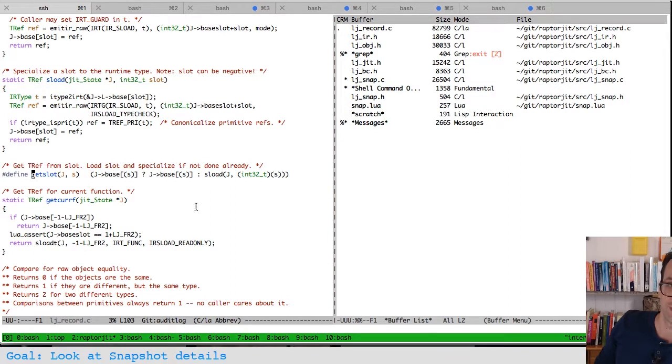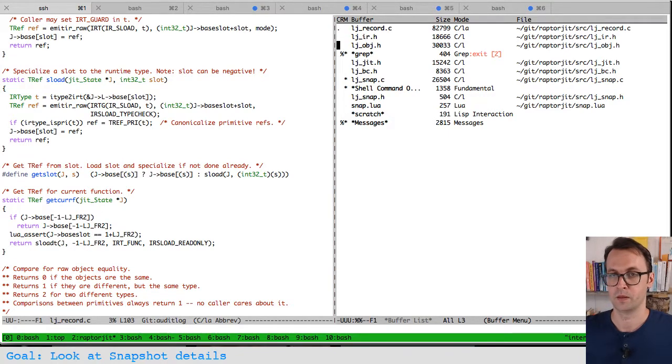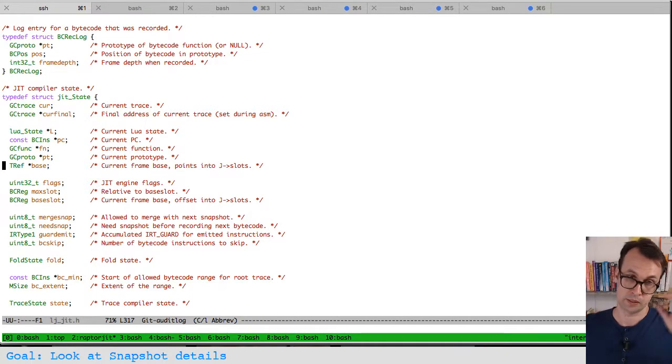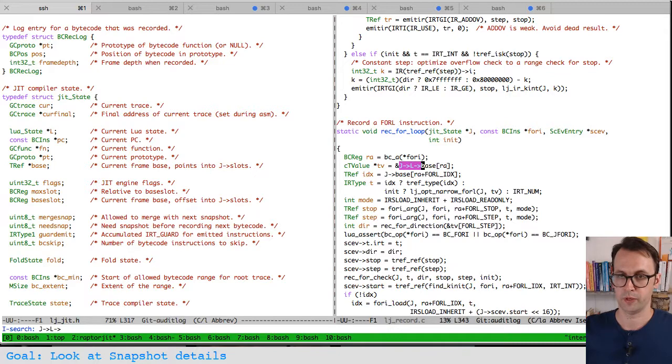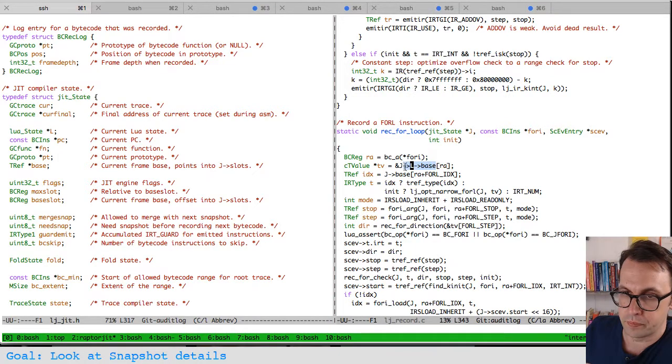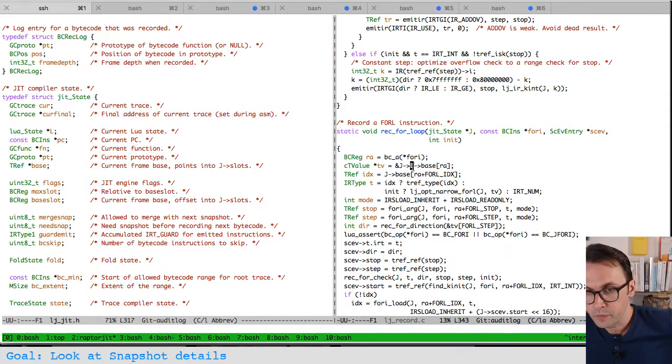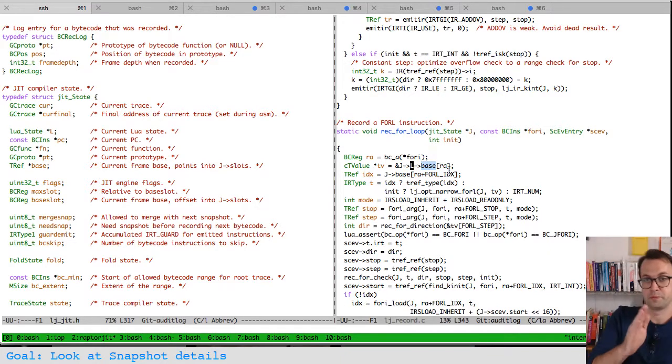And if I just repeat that very briefly, I'll summarize that. In the JIT, we have base. We have the actual runtime stack while we're recording. So when the JIT is recording some code, the JIT state points to the Lua state, which points to the beginning of the relevant bit of the stack, and that contains all of the runtime values. So while we're recording, we're both interpreting and generating code, and this here refers to the code from the interpreting. This is the actual runtime values, and then we have a mirror image of that in this one, JBase, which says